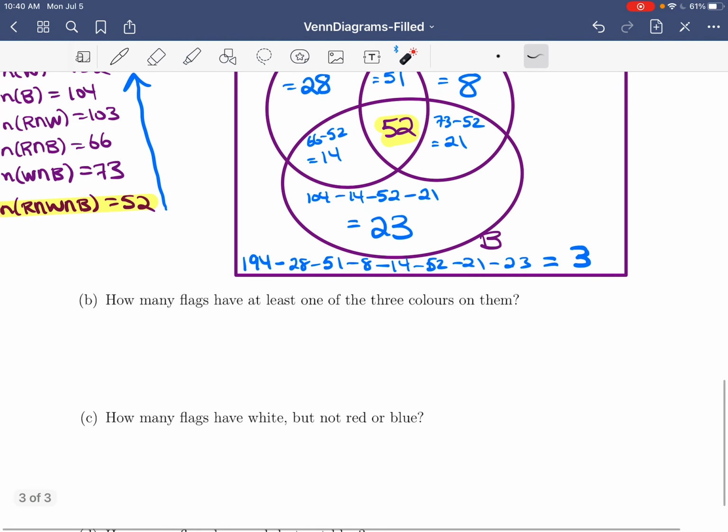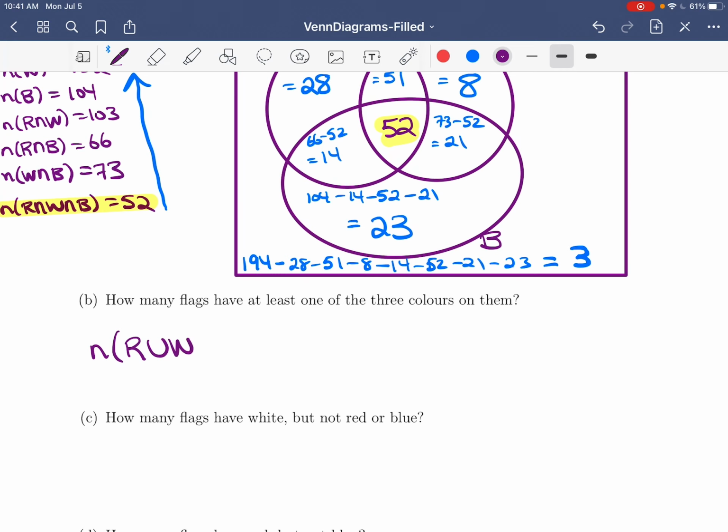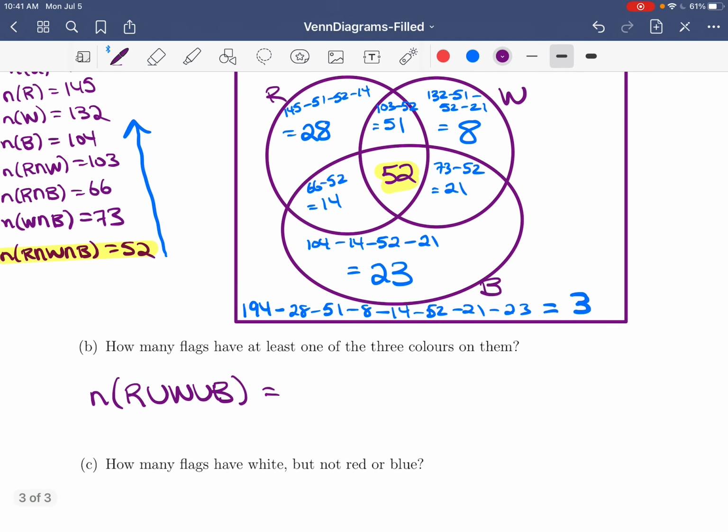So now that we have that filled in, how many flags have at least one of the 3 colors? So at least one means that they could have red and white, red and blue, red and white and blue, etc. That's the union. So what we're looking for here is red union white union blue. So you could add up everything in the circles, right? That would be this whole